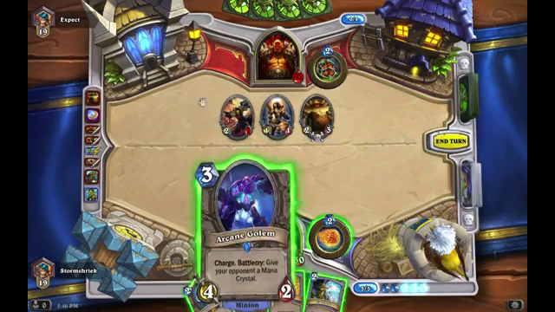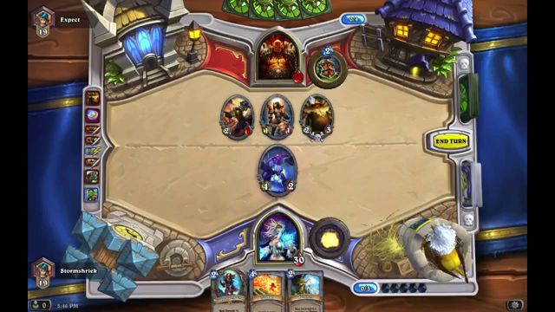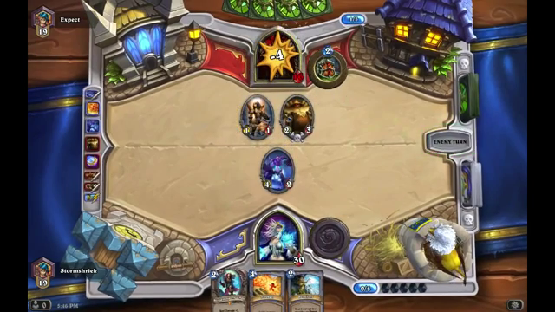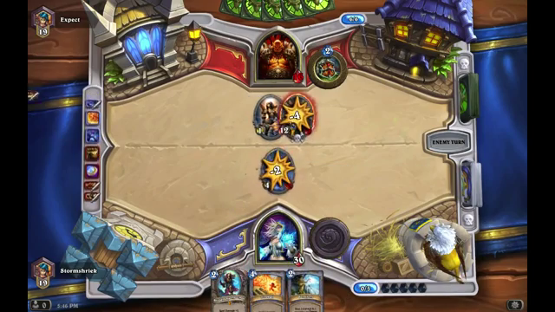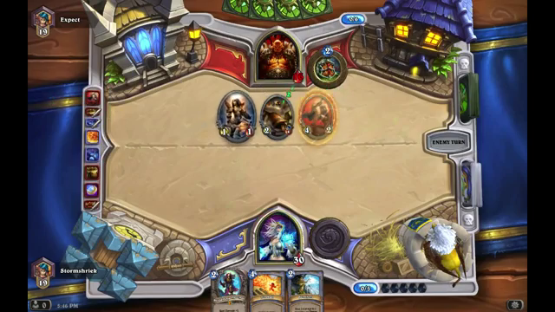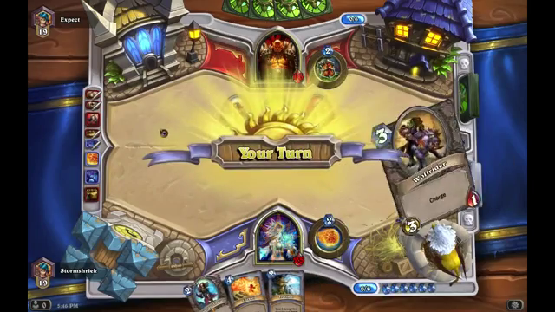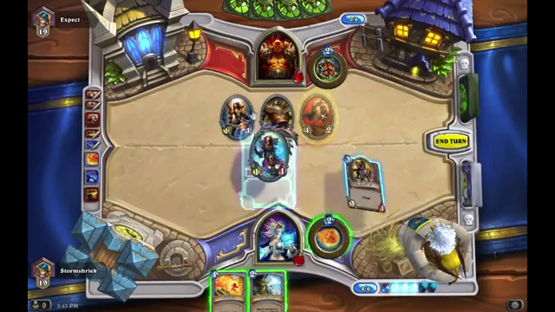I'm getting some spells. Let's get rid of that. Alright. So I'm liking this so far. I've got 9 points of damage that I can do directly to him. He's gonna run that into me. See what I draw here. Oh, Wolf Rider. Alright, so in this instance, yeah, let's...